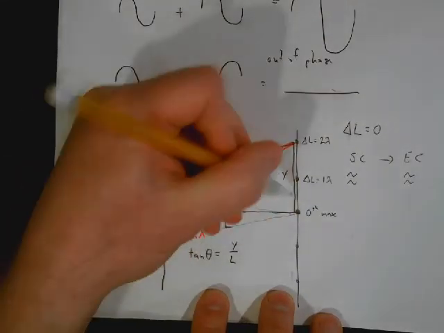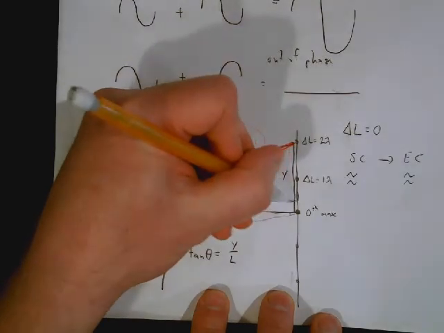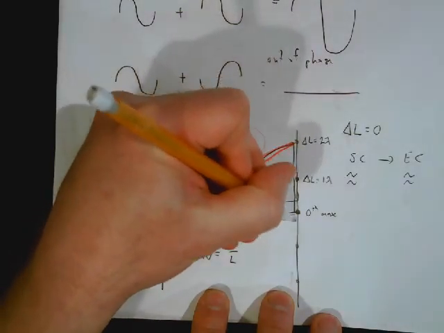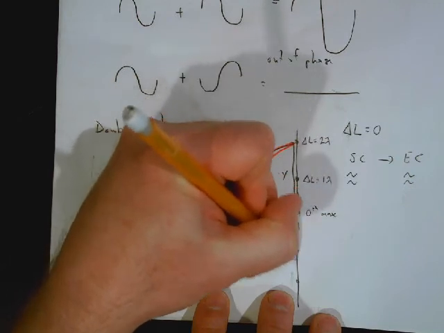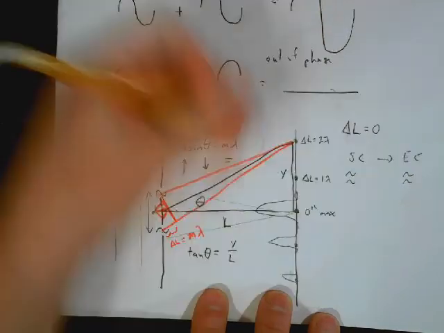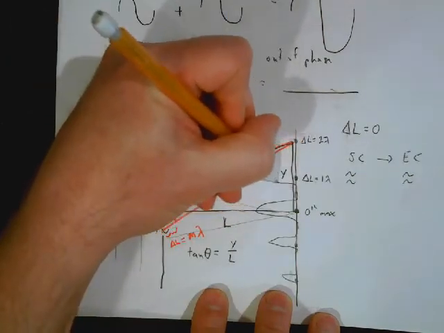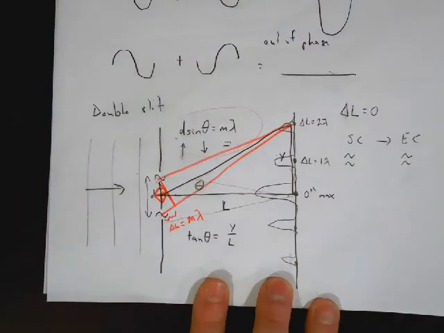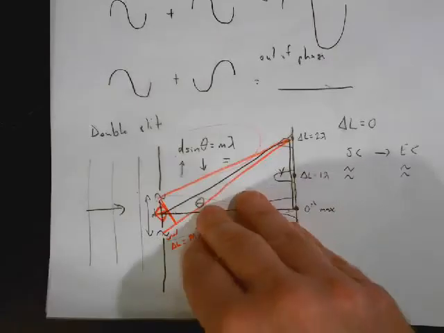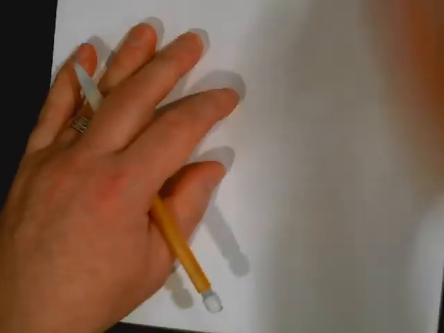We talked about if you wanted to look at the brightness of these things. So this one would be really bright, and then this is going to get dimmer, and then this is going to get dimmer, and so on. So if we were looking at the brightness, the pattern would look something like that. Okay, double slit. All right, if you had a single slit,